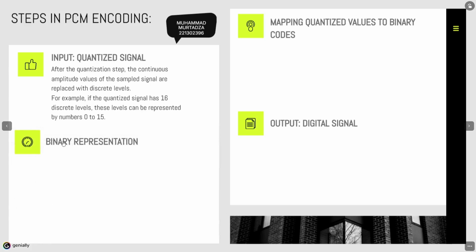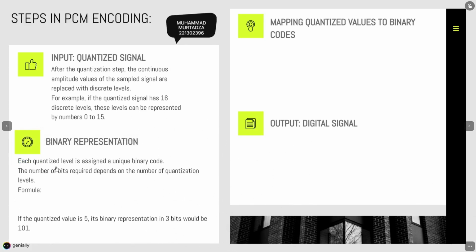So binary representation. Each quantized level is assigned a unique binary code. The number of bits required depends on the number of quantization levels. So the formula is n equal to log base 2 of L, where L is the number of levels. For example, if there are 8 levels, which means L is equal to 8, the formula will be n